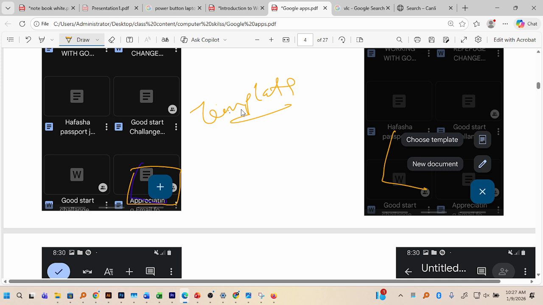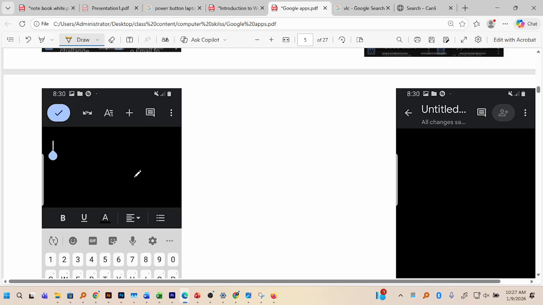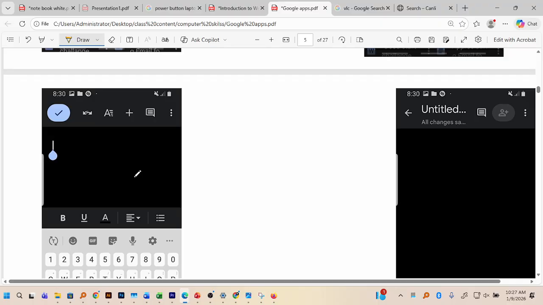Can we tap on new document? New document. Once you tap on your new document, this is the interface you'll get. Are we there? We are using Fonts members, and I believe most of us have this. As the document opened up,